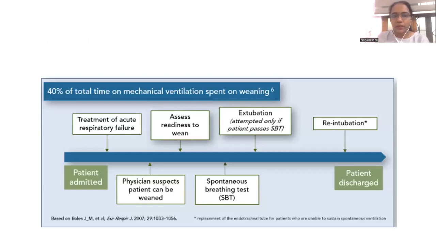So this is how a patient who is put on a ventilator looks like. The patient is admitted for treatment of acute respiratory failure. Then the patient is maintained on the ventilator, and the clinician suspects if the patient can be weaned and assesses the readiness to wean. And we perform a spontaneous breathing test and extubate the patient, attempted only if the patient passes the SBT, and if it is required, then the patient is reintubated or the patient might be discharged. Almost 40% of this process is a weaning process, and it requires